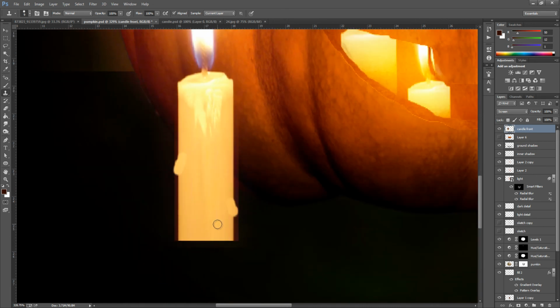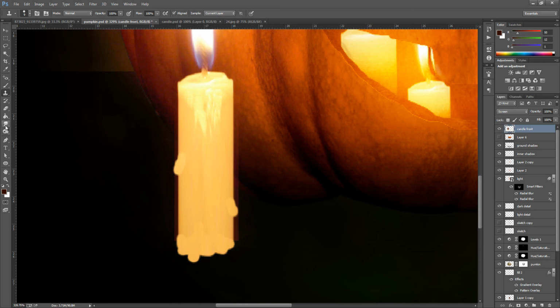And we're going to go and make like a puddle down the bottom now. So hold down Alt or Option on your keyboard, select just down the bottom, and we're just going to go and make a puddle like this. So you don't really need to be too neat about this bit. Like that. Let me just redo that. There we go. And we're going to go and create a drip mark just here, and now we're going to go and smudge this.